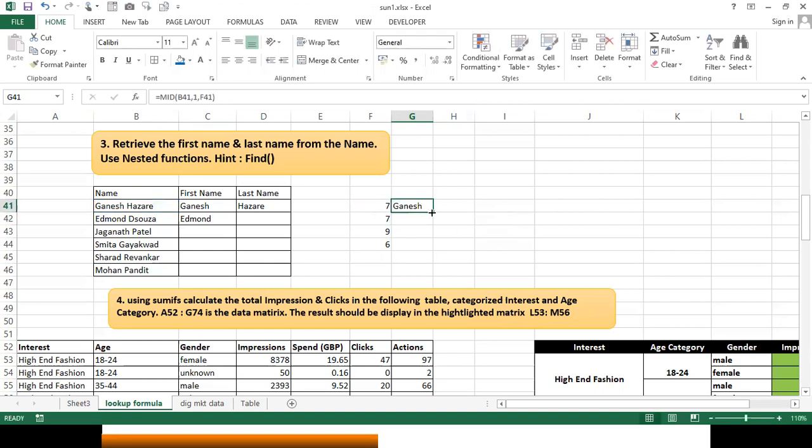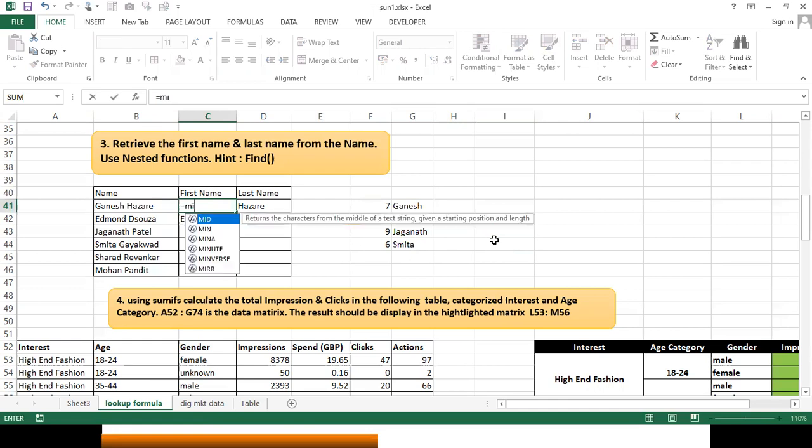I'll just pull this down. Will it give me the first names? Look at it. So can I write it over here? This time I had written Ganesh directly, so I'll write it here: equals MID of this text, comma, what do I have to get?